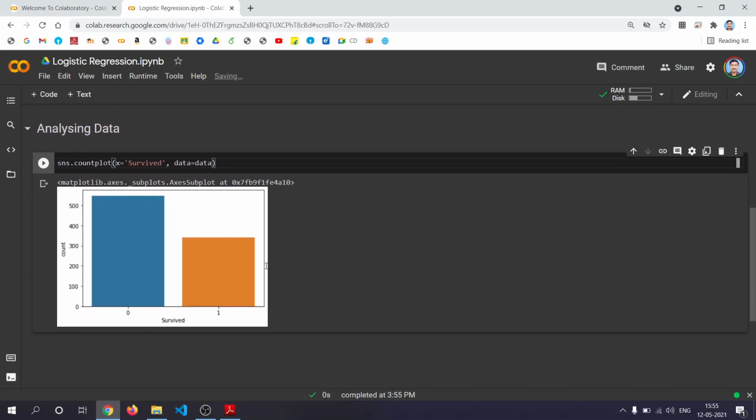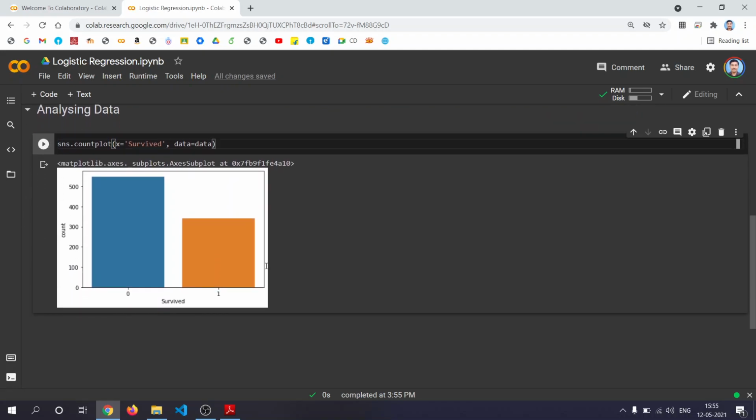So this is the output. See, out of the total 890 passengers, 500 and something did not survive, and 300 plus survived. And that's the result shown here. So this is what data analysis is.